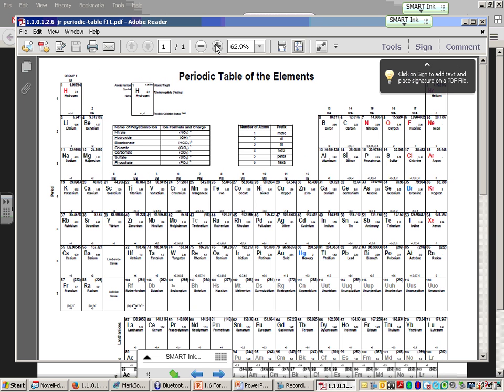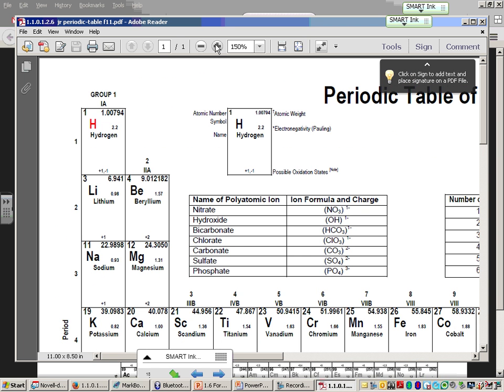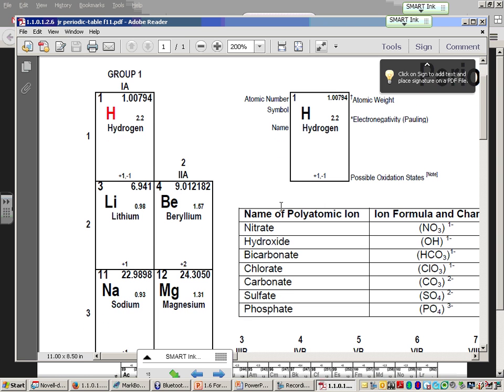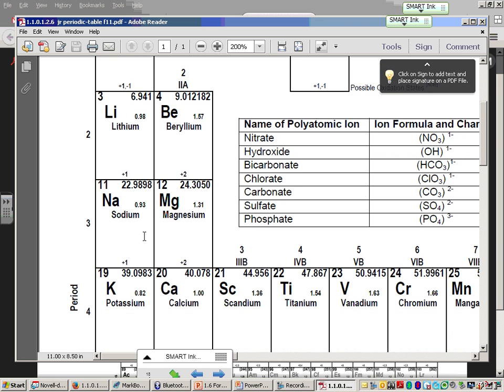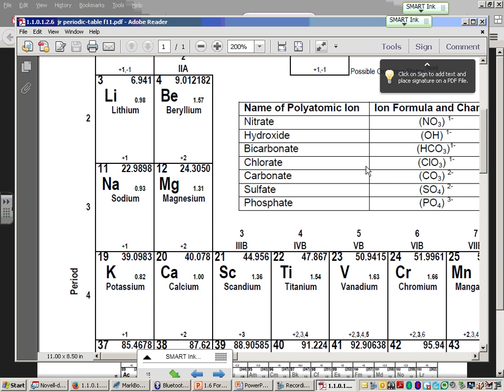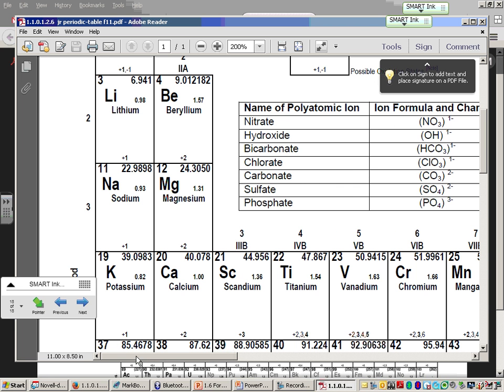Okay, so if I now zoom in, take a look at hydrogen. Right here, it says possible oxidation states. That is the charge. Notice for hydrogen, it says ±1. That's what we just talked about. Notice for all of them in group 1. And now we can also see group 2. +1, +1, +1. +2, +2, +2. All right? So they're all on the table. They're all there. As I shift over to the other side here,